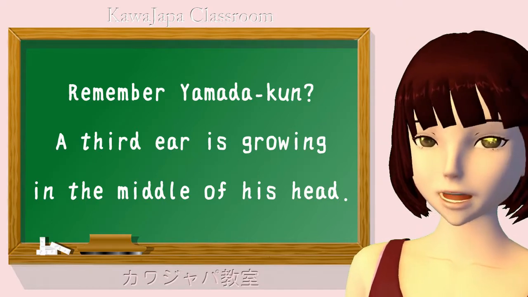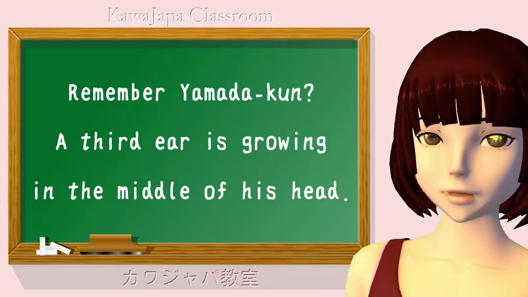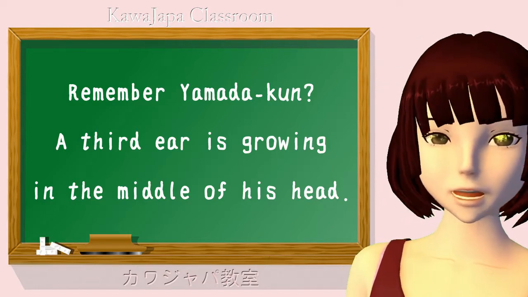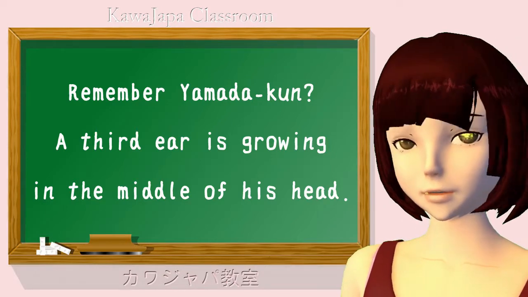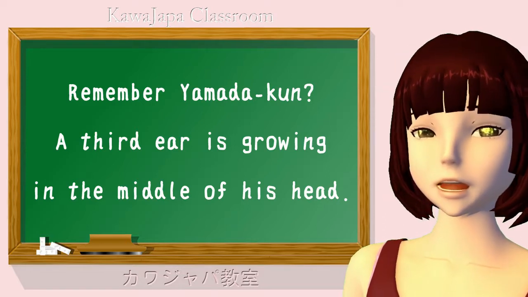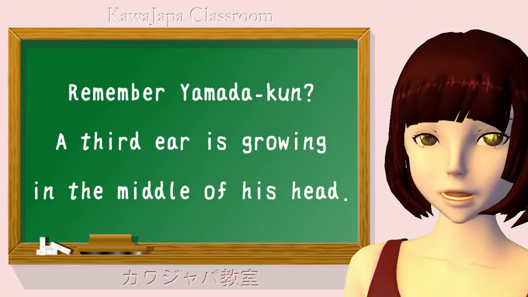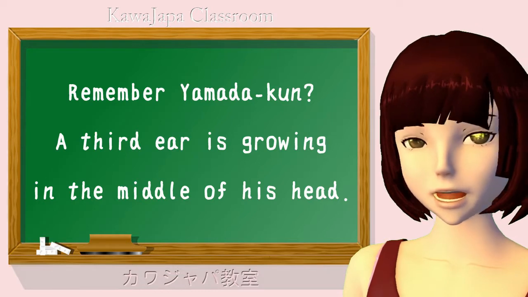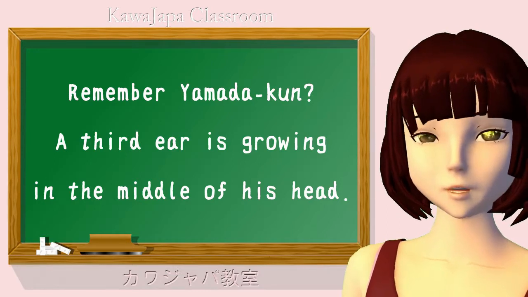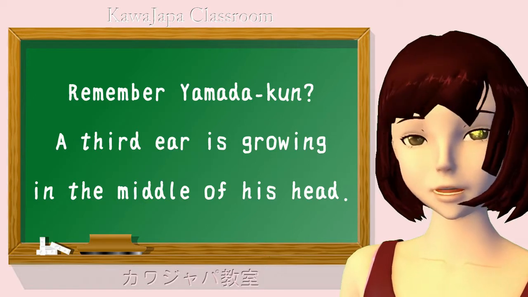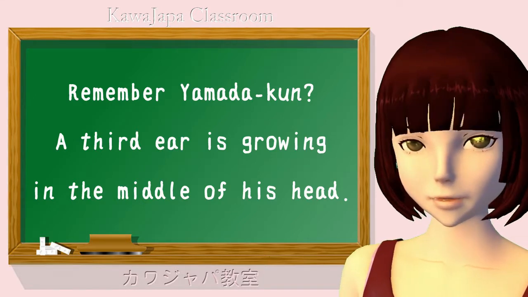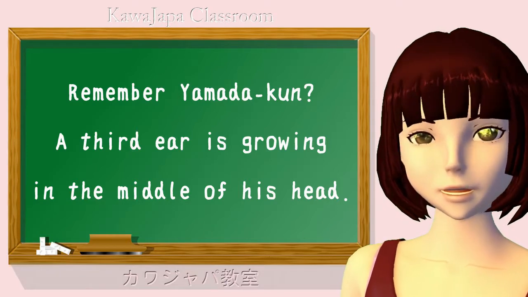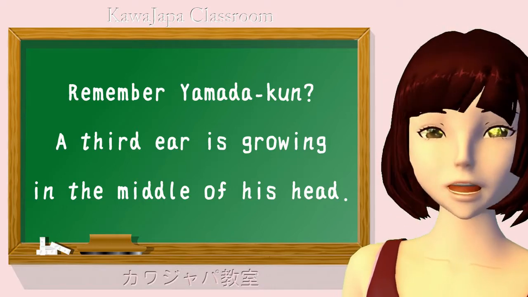The next thing that this statement is doing is distinguishing Yamada-kun from other people. We want to talk about Yamada-kun. We don't want to talk about Sakura-chan, and we don't want to talk about that strange fellow who is always chewing gum. We are talking about Yamada-kun. So this is the second function of the wa, and again it flows from what it is. It's a non-logical topic marking particle. So the wa marked material is something we already know, and we are distinguishing that something from all the other things that we already know that might possibly be the case but aren't.